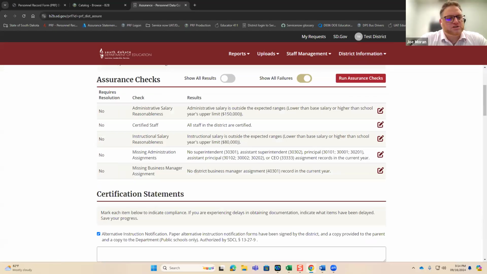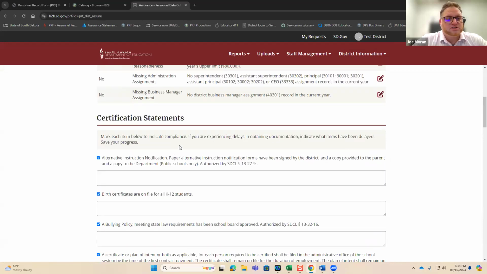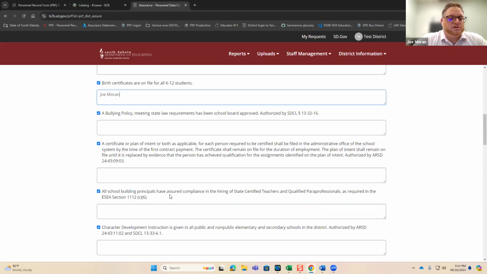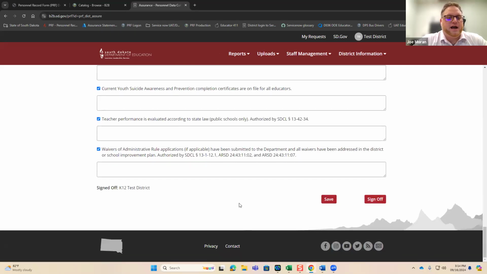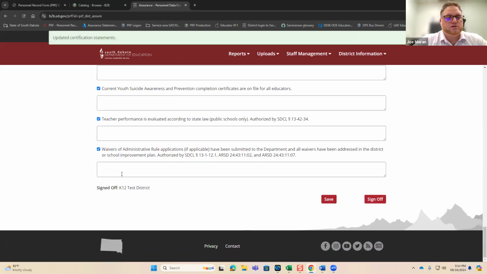And Tina, one of the questions that popped up last year is what are the text field entry boxes for below the certification statements? So as an example, it is possibly the case where you do not have 100% birth certificate groupings for your kids, right? You've tried, you've given emails, you've reached out. So this is your place to provide justification. So you're saying I have birth certificate information for all students.